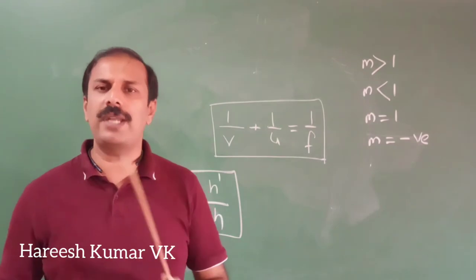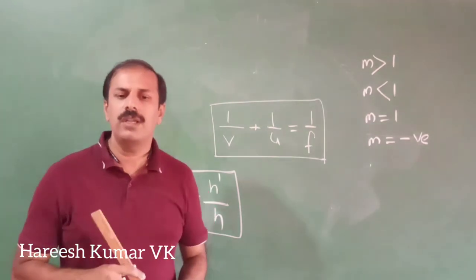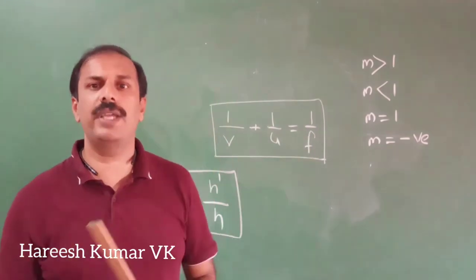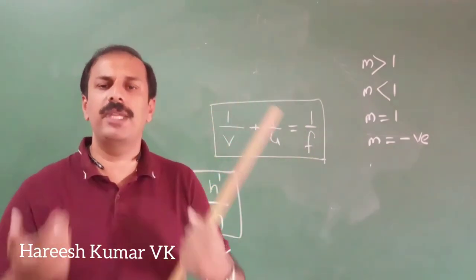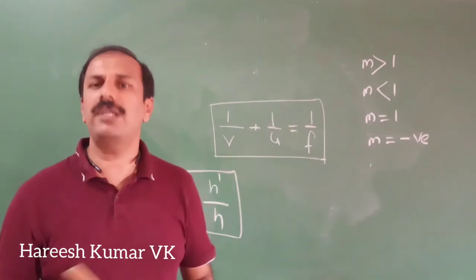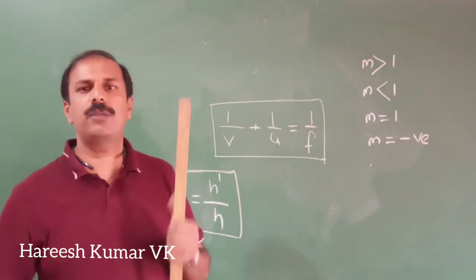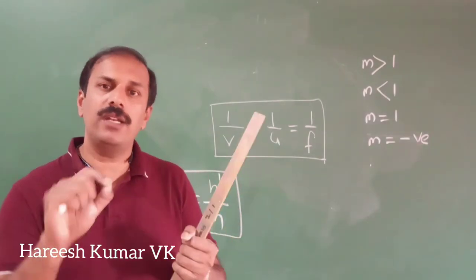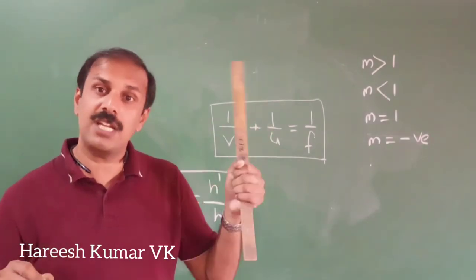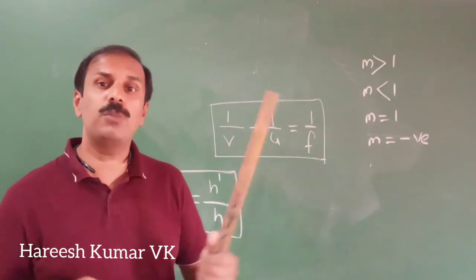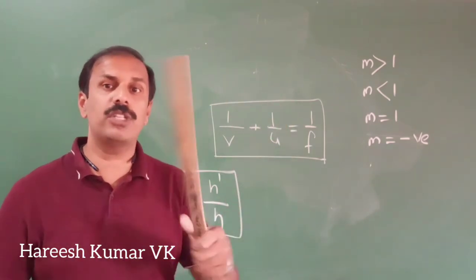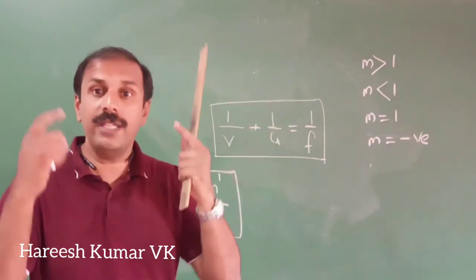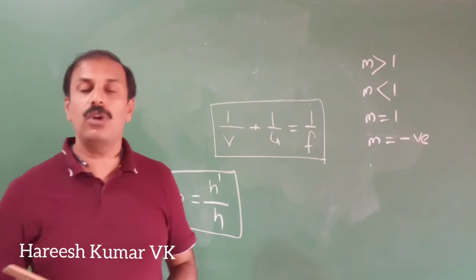All these things come by practice. When you are doing more and more examples, by seeing the question itself you will get it. Okay, it is not just that I am telling you many times and making you learn by heart. You have to practice the questions, then you will get how to get a positive value, how to get a negative value. So when you are doing a calculation, and you are getting negative finally, first itself you say the position of the object is beyond 2f, so the image should come here, so it should not be positive, it should come negative. That idea should be there. That's why I am telling you to practice.